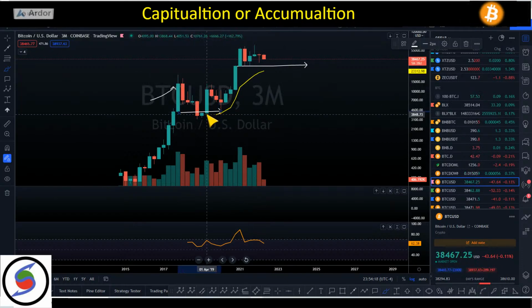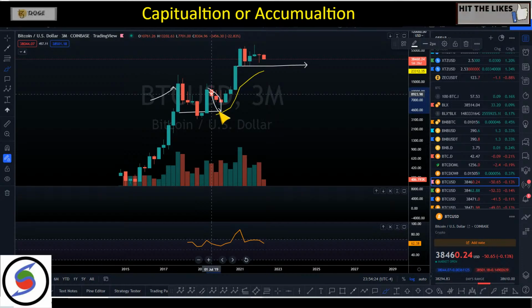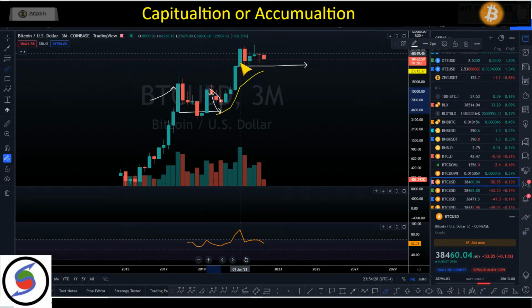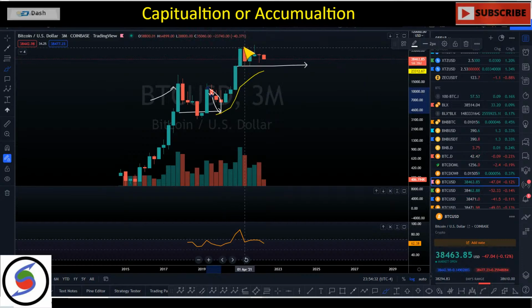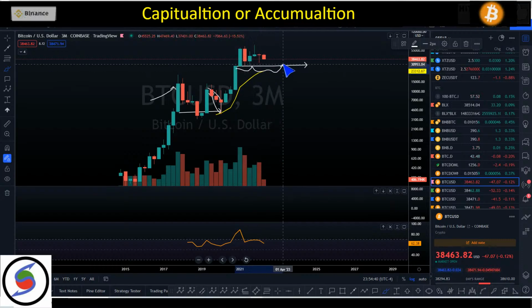The second quarter of 2019 took like 3 quarters to retest it, and it was only a 1 quarter pump. This one was a nearly 4 quarter pump. So it makes sense that it is taking nearly 5-6 quarters to build a strong, solid